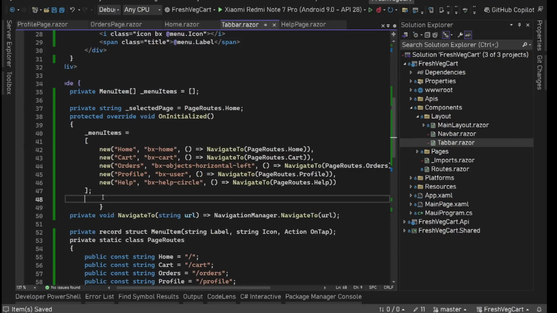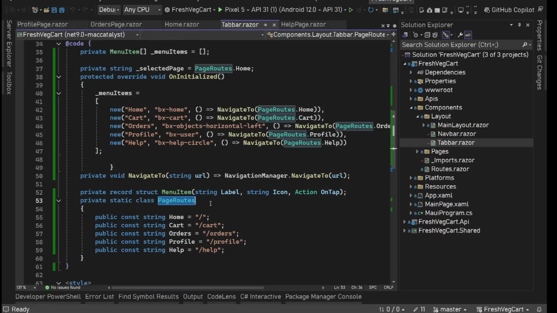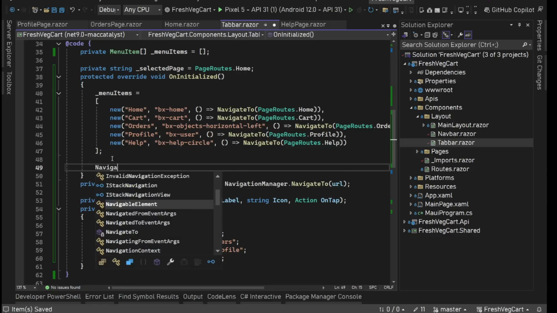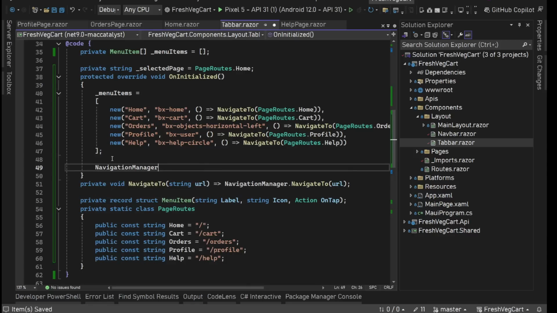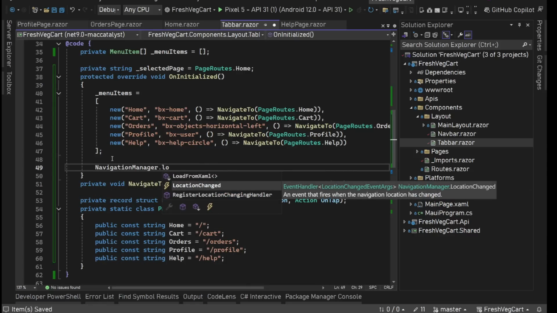Let me close the Visual Studio and open it again. Alright, I reopened Visual Studio and now we can see the colors. So the IntelliSense will work now. But format is not working. Alright, so here on the navigation manager, we have a LocationChanged event